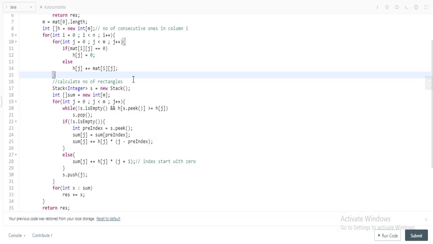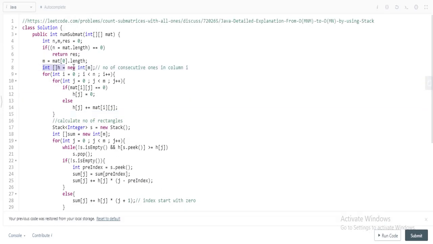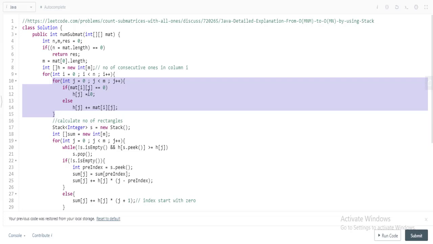Here this is the height array, the matrix height array that we are talking about, with the size equivalent to the column. Okay, m is the column, n is the row. So for each row we'll just compute that particular height. Here we have computed the height. If it is 0 it becomes 0, otherwise we'll add that particular value to the previous height.